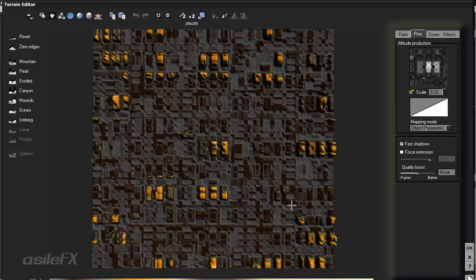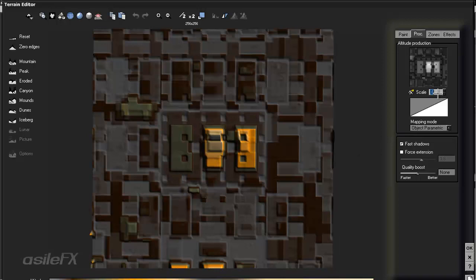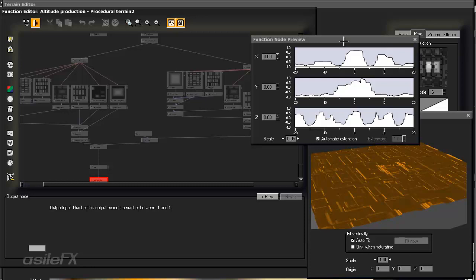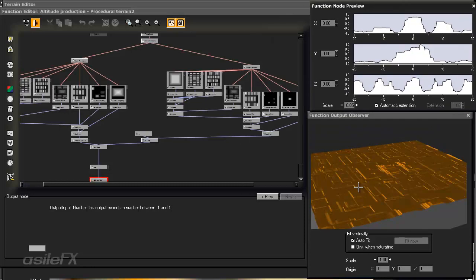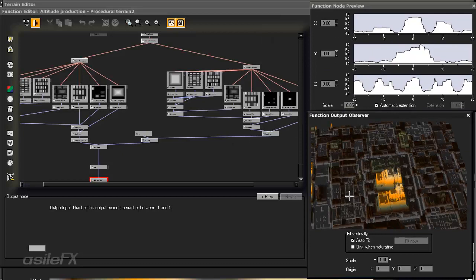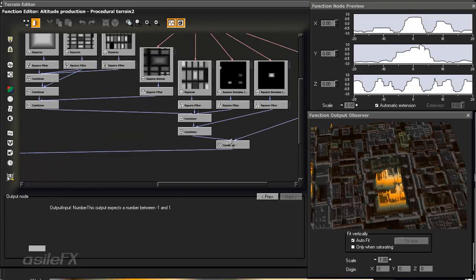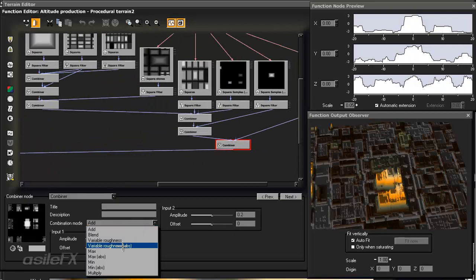There are a lot of ways to manipulate this, but I specifically want to take a look and really show what you can do with manipulating a vector and the information before it even reaches the noise, because that can have some really cool effects. One thing I want to do is increase the scale of the function within the editor. I'm also, when I go into edit the function, going to make a couple of changes to pull out some different details. Going over to the combiner of the detail side, the final combiner, I am going to switch the mode to minimum